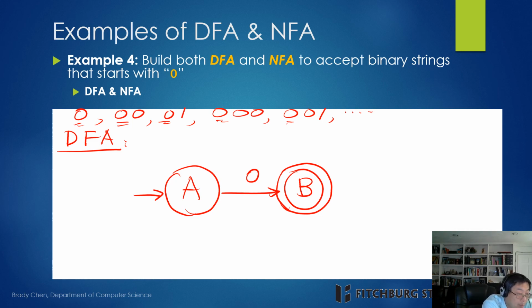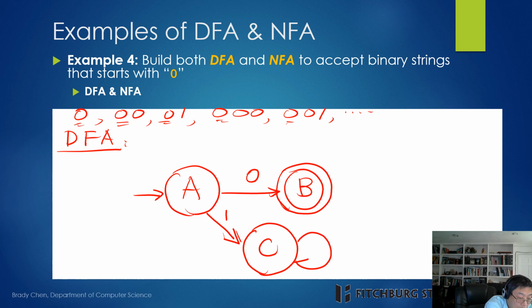Now, if the input value is 1, then we're going to go to another state, which is C. Now, it doesn't matter what the input value is if we reach C, because that string always starts with 1. It doesn't matter what the follow-up input values are. So this is going to stay in C. That's a trap state,